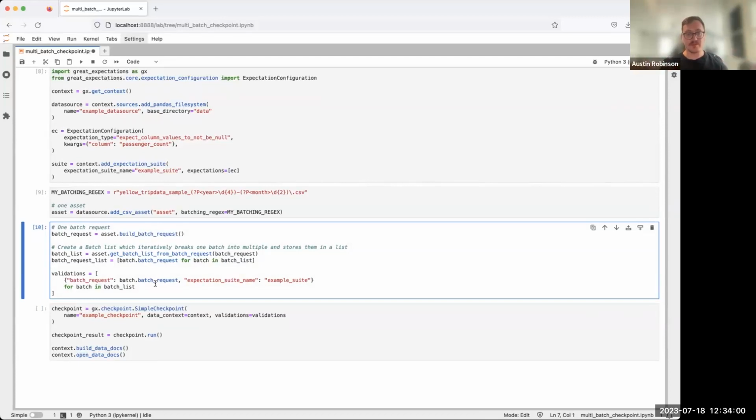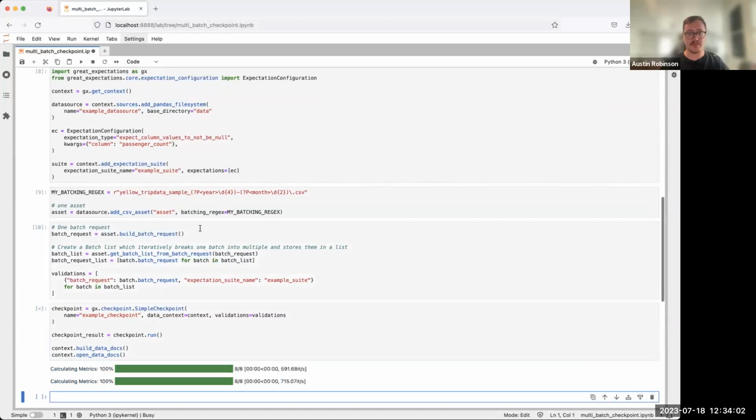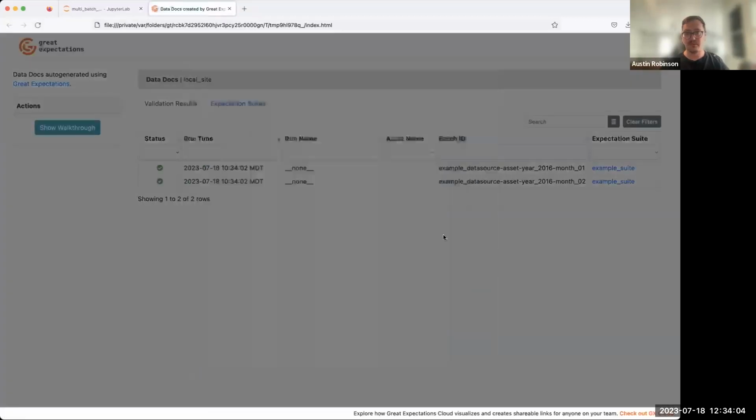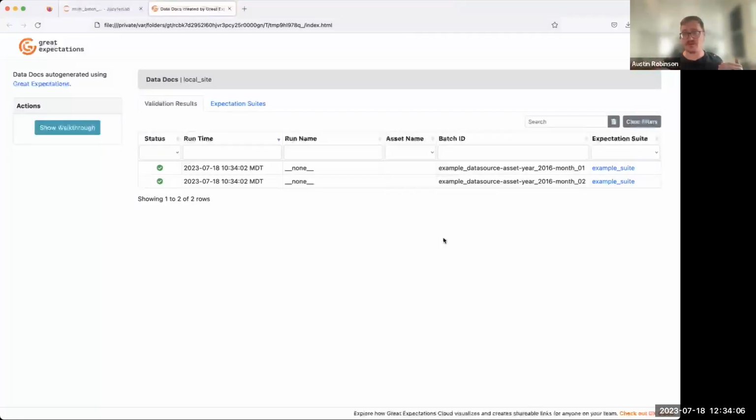We don't have to worry about any of that, and we get the same result. We're capturing all of our batches from that asset without introducing any extra overhead for every single batch or file that we're dealing with.